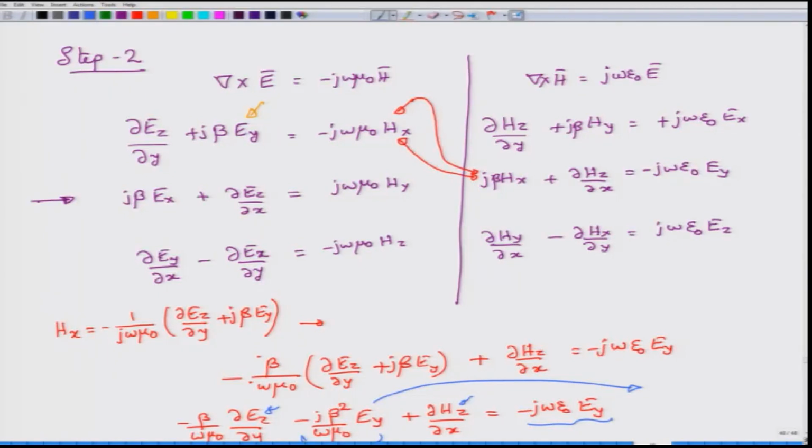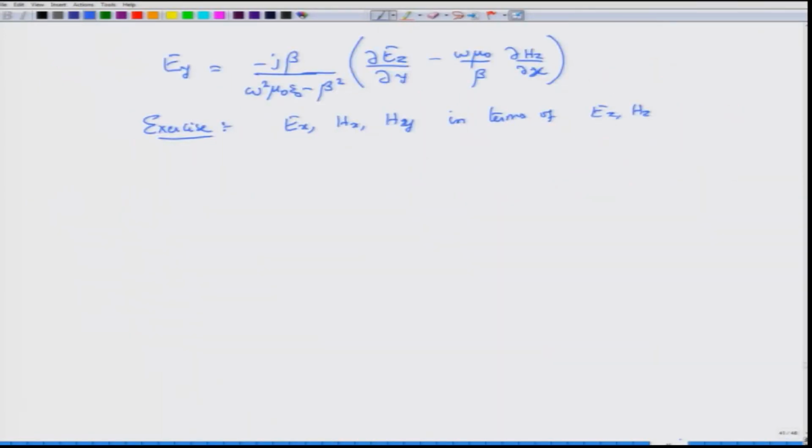If you substitute for Ey, then you can obtain Hx from these two equations, and the remaining two equations can also be similarly manipulated to obtain Hy and Ex components accordingly. So, please do that, and once you also look at what we have on the Ey expression,